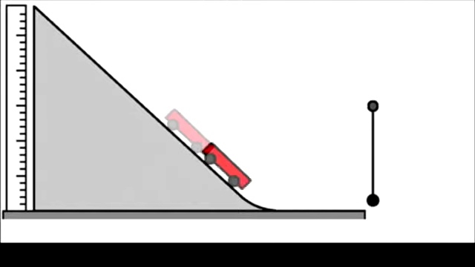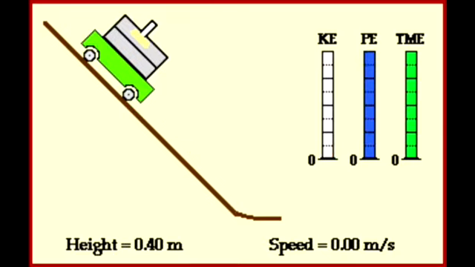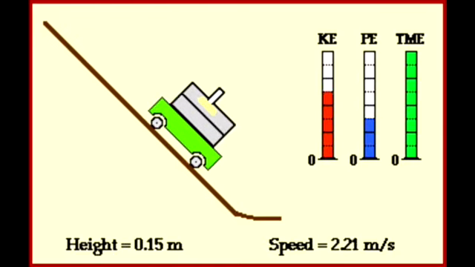We can get the equation Ek equals 1/2 mass times velocity squared. We can take the variables and say kilograms times meters per second squared can equal to kilograms meters squared over